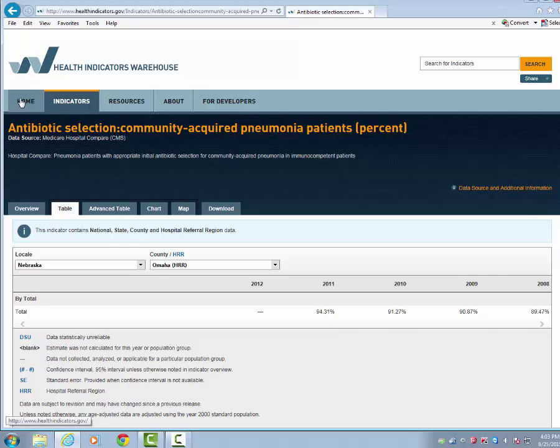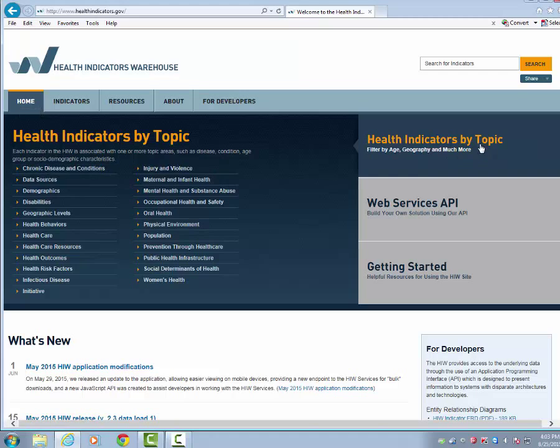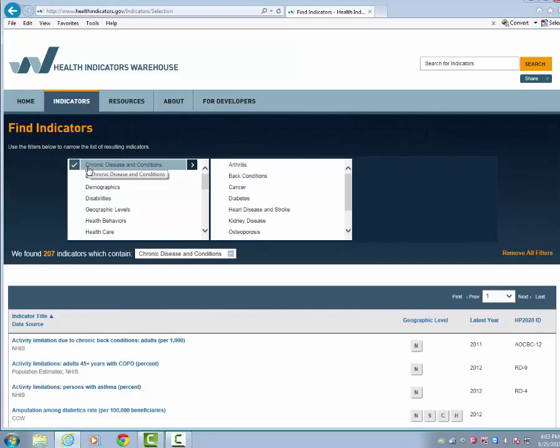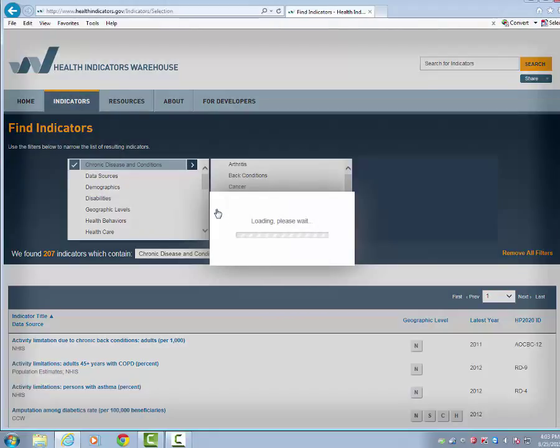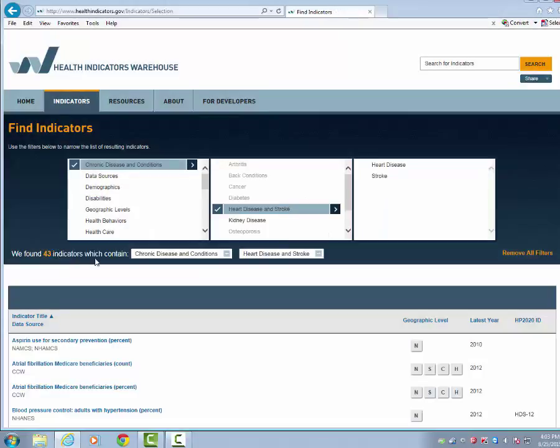Another way to search for the indicators, if we click on Home, Health Indicators by Topic. So you can look for chronic diseases and conditions. If we click on that, we'll get into this indicator filter list. In the chronic disease and conditions, you can see their list of conditions. We're going to click on heart disease and stroke, and we need to click on this little plus sign. We will go from 207 indicators down to 43 indicators, and there's one more level. We can click on heart disease, and we'll get down one more level, which will get us down to,